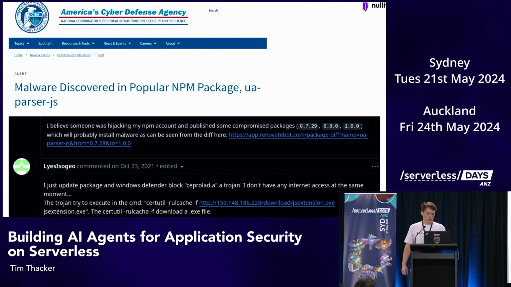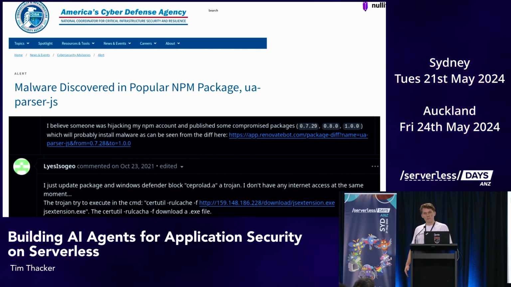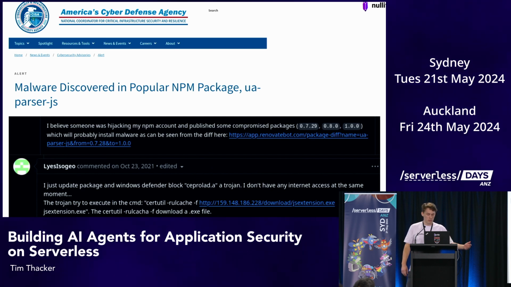People had, luckily, Windows Defender picking up Trojans on their computers, but it's not ideal. Especially combined with auto updaters like GitHub Dependabot. As soon as the attacker uploads the malicious code, Dependabot updates, your CI systems run, and your build servers have downloaded this Trojan, especially if you're self-hosting long-running